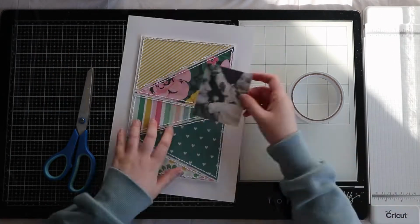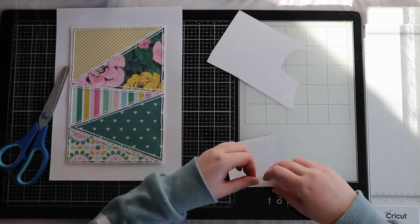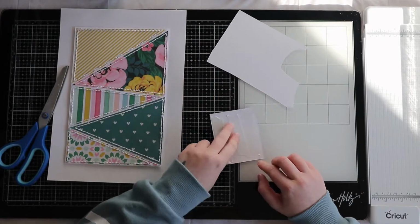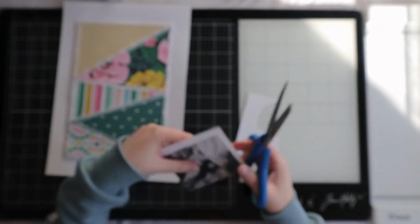I've got the pattern paper design stuck to my page now, and I've picked my photo. This is of me and Theo. I believe this was February last year, so over a year ago now. I've gone for a black and white photo because obviously I've got all of that colour and pattern in the background. I back my photo onto white